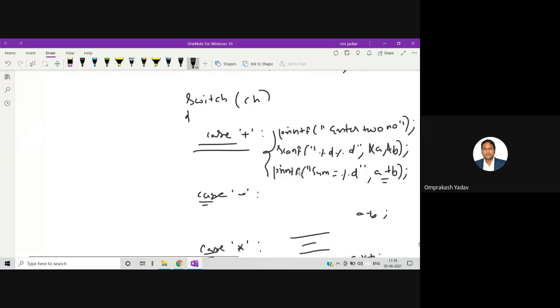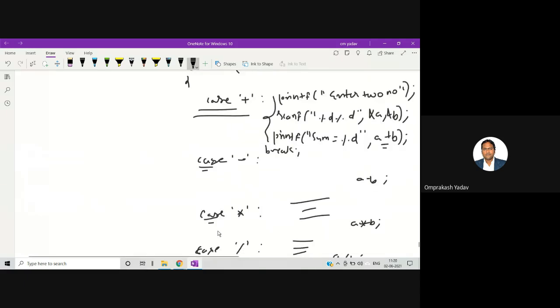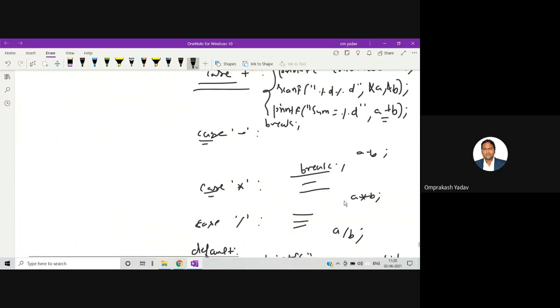So in the switch case, after writing every case, we must also write break. Otherwise, if you do not apply the break, it will simply fall below and execute all the instructions written there, and the program will become wrong. According to the value, it must execute only that particular case, but it would also execute minus, multiplication, division, and everything. So this is very, very important: we must write break after every case.